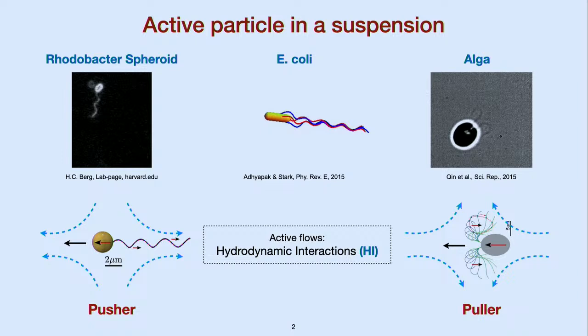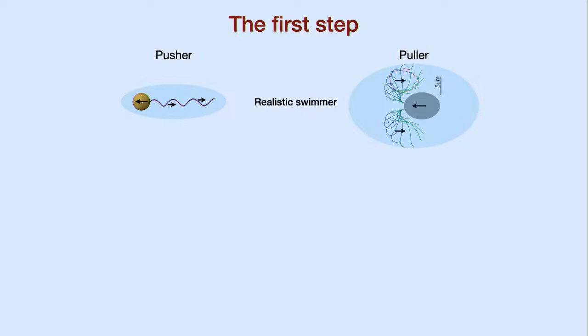This swimmer pushes the fluid both in the forward and the backward direction, that's why it's called a pusher. This, on the other hand, pulls the fluid inwards both in the forward and the backward direction, that's why it's called a puller. There is a large class of problems of active particles where hydrodynamic interactions are very, very important, with very rich dynamics, and they play huge roles in the phenomenology that is observed,